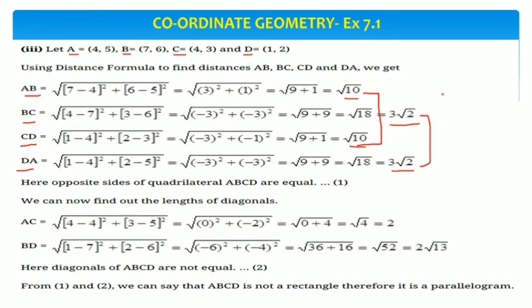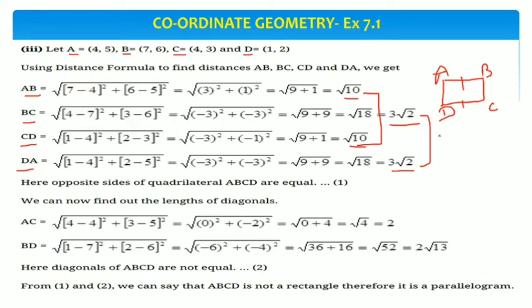Now let me first check what type of sides are these. So we make a rough figure here, suppose, and we have taken this A, B, C and D. Now if we will take this side, this is AB and this is CD, means these 2 sides. And you can easily see that these are the opposite sides of this quadrilateral.